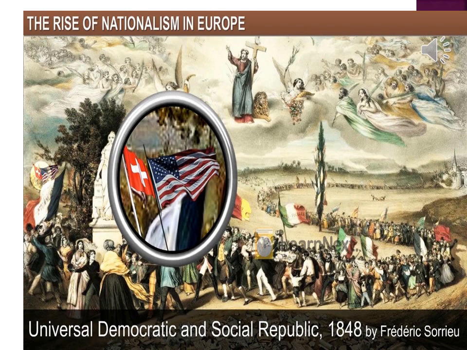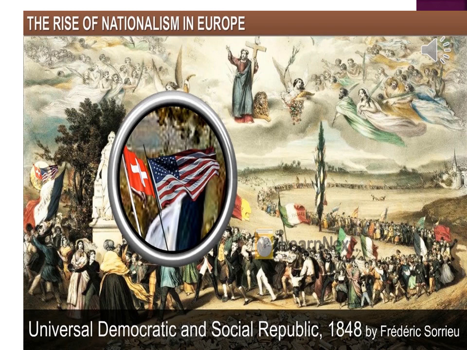France is at the statue, followed by Germany. Similarly, all other people are marching towards the Statue of Liberty. Now, why are they marching towards the statue? The reason is that everyone wants to become a nation state. In front of the picture, you can see the remains of the absolutist regime. That is, these people have brought down the absolute monarchies in their country and are now marching towards the statue